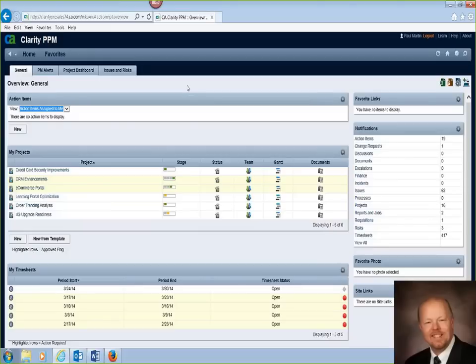Hi, Bill. Thanks for offering to show us Clarity this morning. As a company, I know that we need to be able to standardize on the way that we plan and control projects. We've got some very different levels of project maturity throughout our organization. Some projects are planned and tracked at the project level, some at the stage level, and some even have detailed task plans. What I'd like to do is to get all the project plans to the detailed level. But at the moment I feel that I just can't enforce that change immediately.